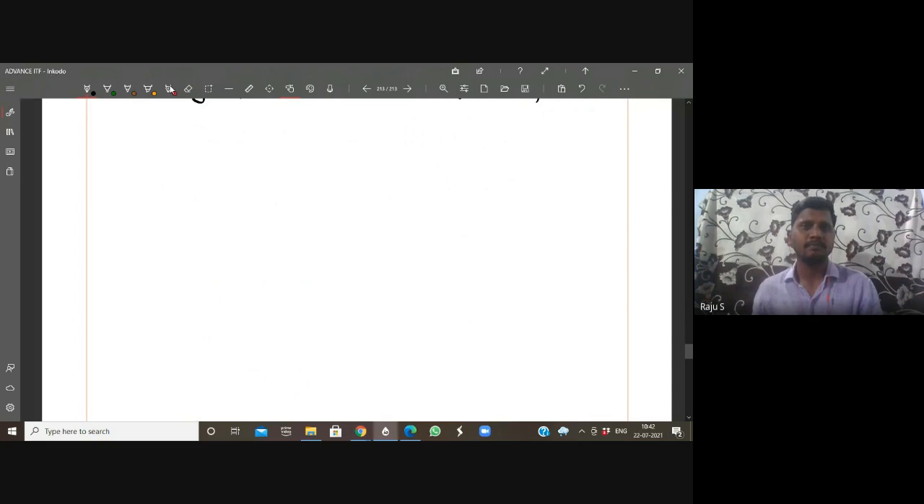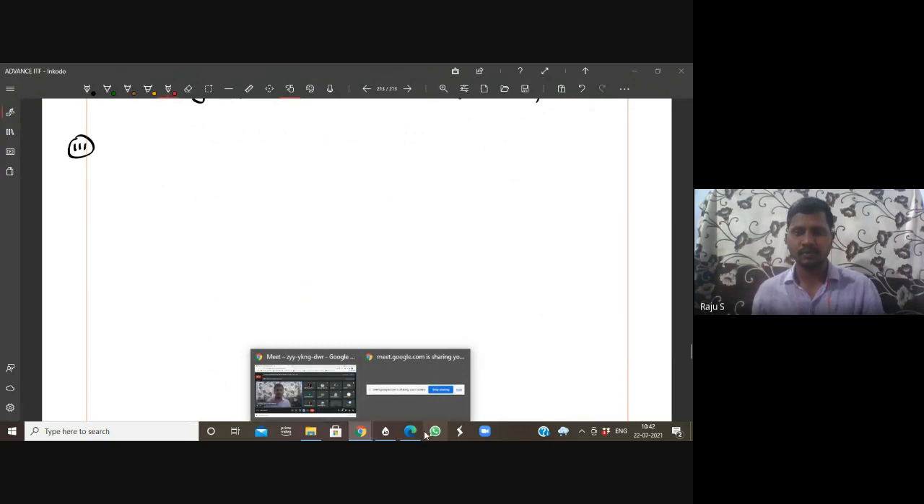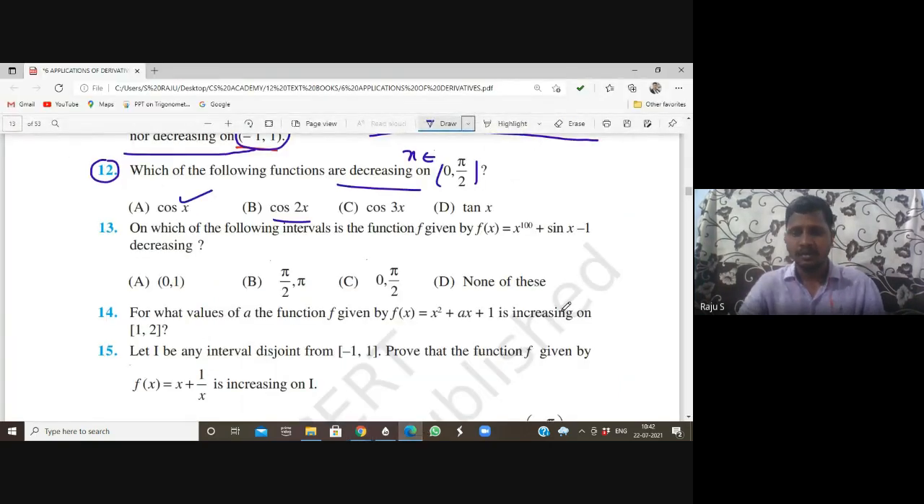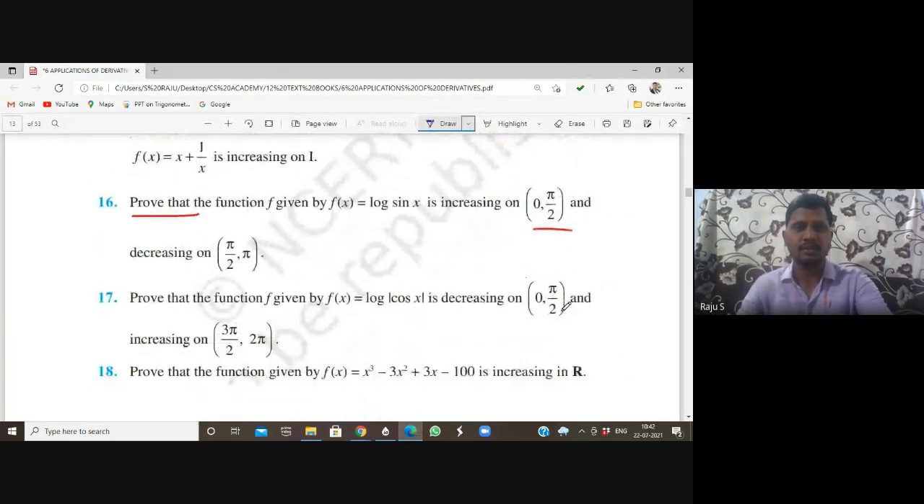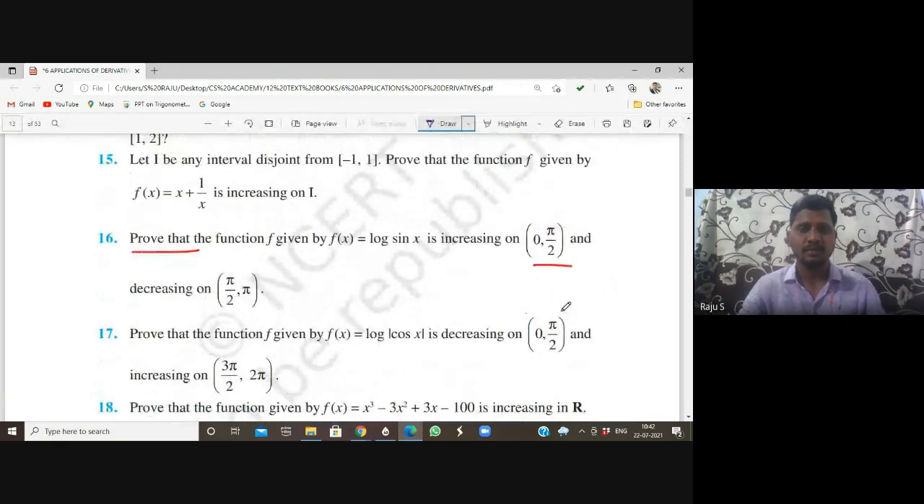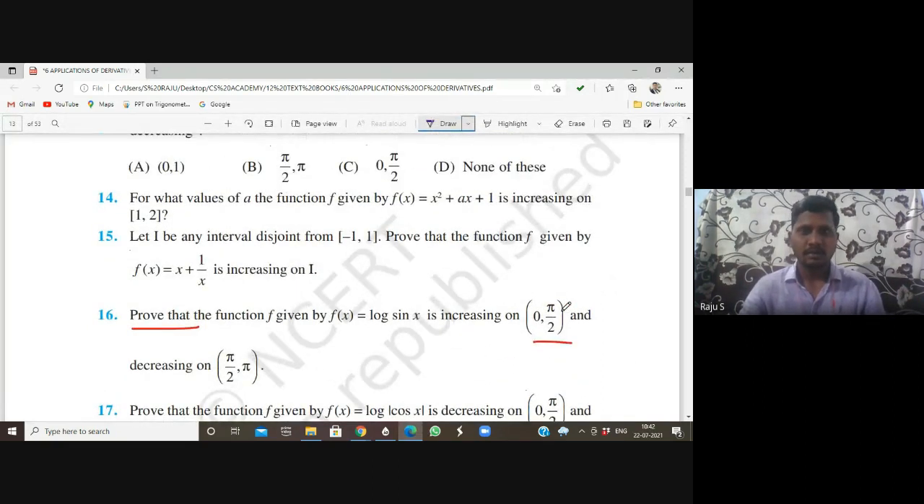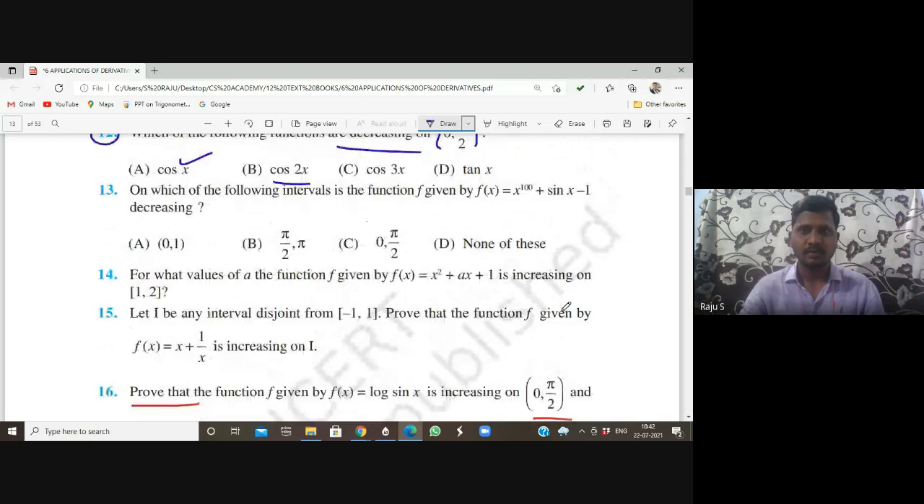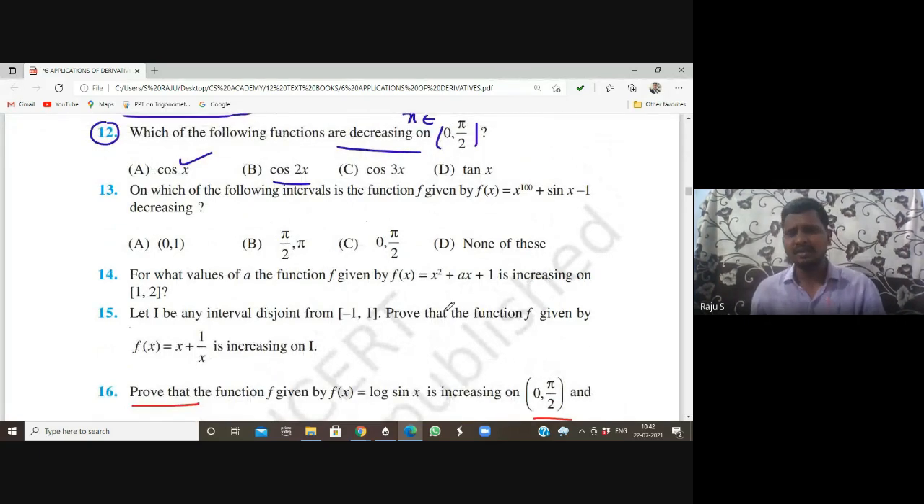Third subdivision. Otherwise you can try this third subdivision and fourth subdivision. Next class, I'm going to finish this increasing decreasing concept. You can try the remaining questions. All questions are easy. For example,